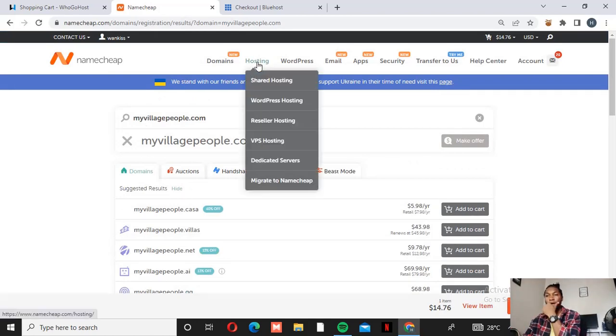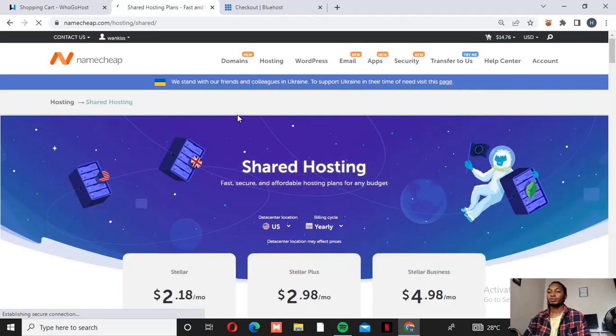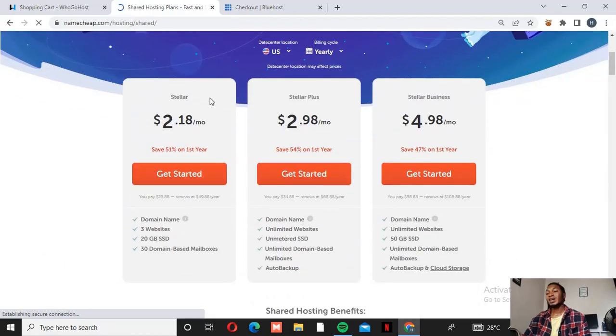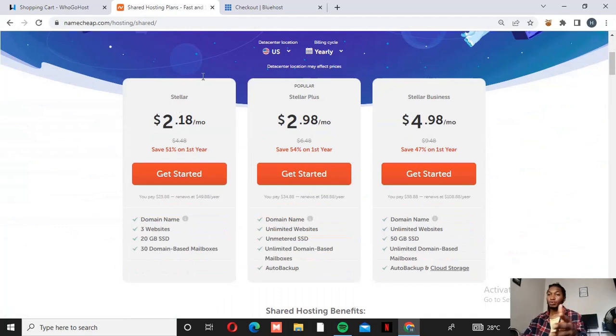So shared hosting, let's use shared hosting. Shared hosting, I think that's the most common hosting if you want to register for any company. So you now compare and contrast whether you are going to use Bluehost, Namecheap, or Hugohost. They have not shown you. So Hugohost, Namecheap, theirs is